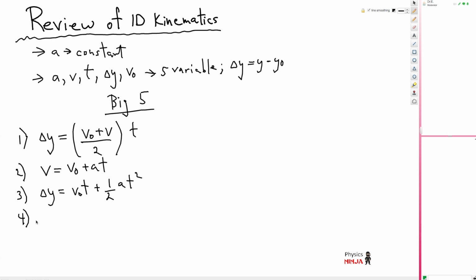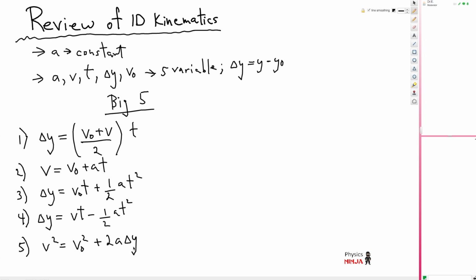I'll write a fourth one which also describes the displacement, not in terms of the initial velocity but in terms of the velocity at any other time. And if you do that, you end up getting an equation that looks similar to number 3, except the sign is reversed for this acceleration term. Okay, and the last equation I write tells me that the velocity squared is equal to the initial velocity squared plus 2 times the acceleration